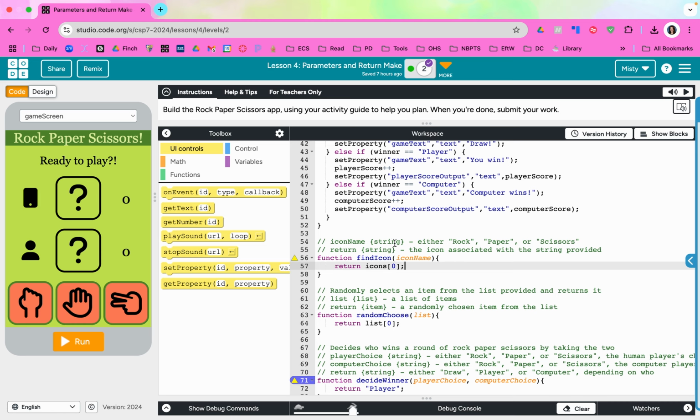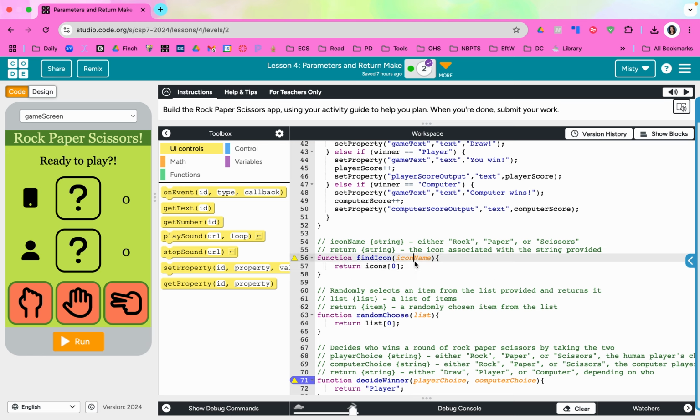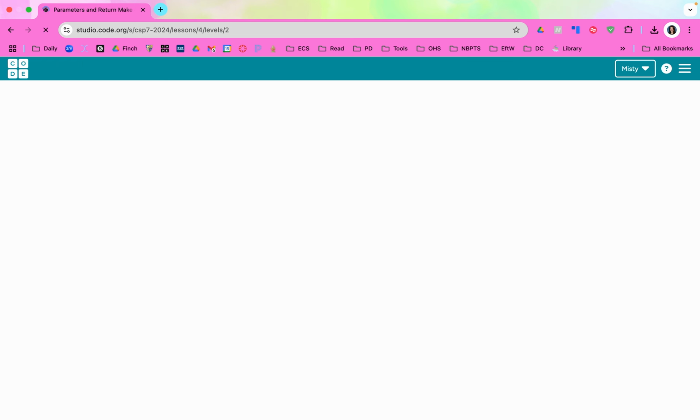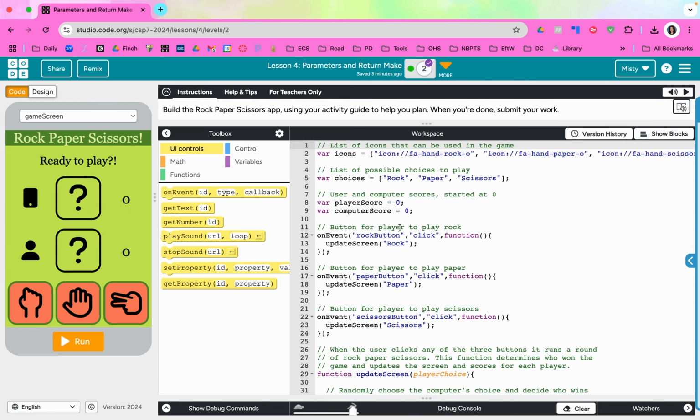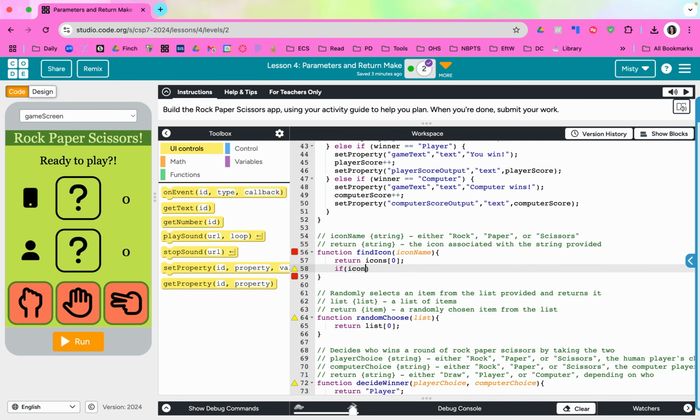So icon name string, either rock, paper, or scissors, and then return string, the icon associated with the string provided. So we need an if statement here. All right, if icon name is what? Anyways, if icon name is,